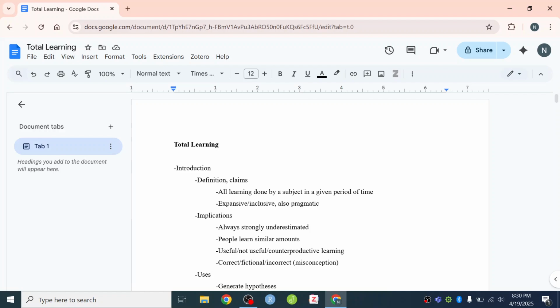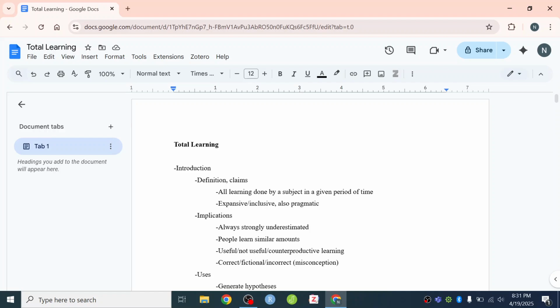What I've been thinking about over the past couple of months at this point is this idea of total learning. This is a framework that I've adopted as the guiding framework of the way that I'm approaching research as an educational psychologist, and also teaching to an extent through the lens of educational psychology. And this video is going to be going over my thoughts about this, again, for myself and then for anybody who's interested.